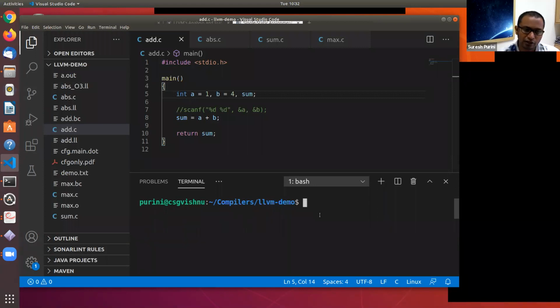But we do a little bit of exploration, and I myself am not completely clear about the exact format of LLVM IR, but I have some idea. I hope you will be able to pick it up by looking at the resources available online on the LLVM website and elsewhere.